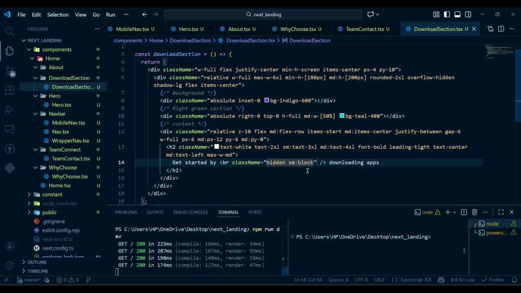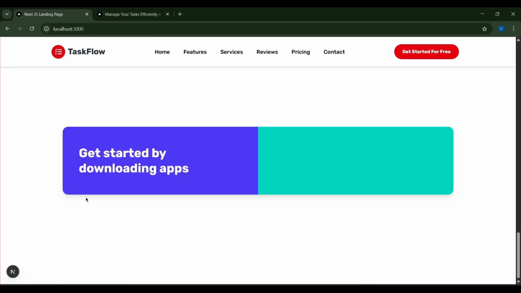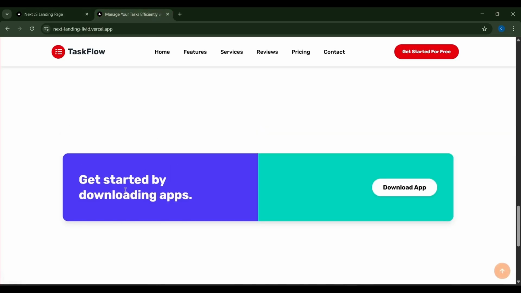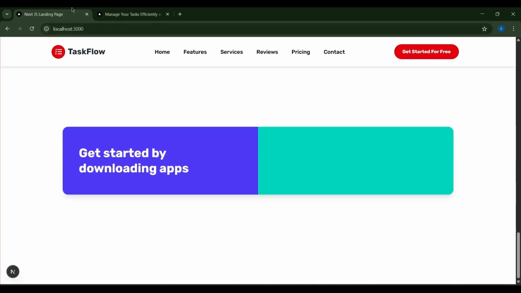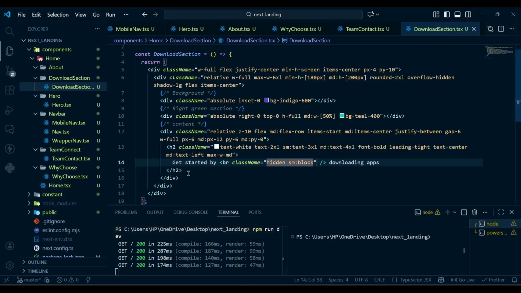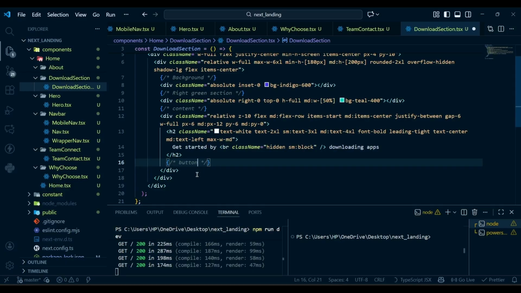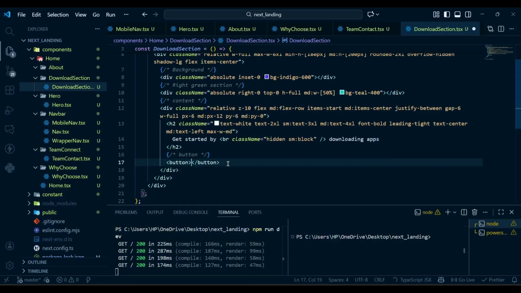And now if I hit save and go to our project, here you can see "Get started by downloading app", just like this one. Next we have this button. So after this h2 we have a button. So here I'm going to use a button with the text download app,